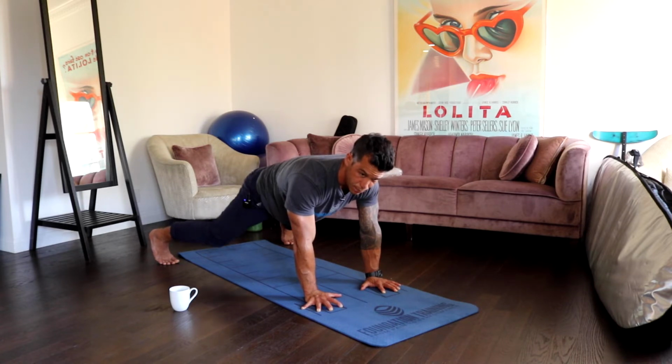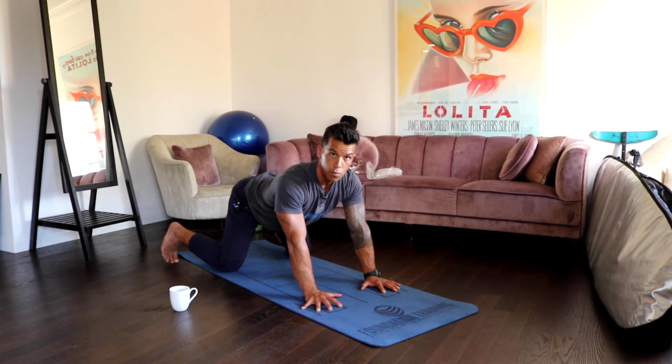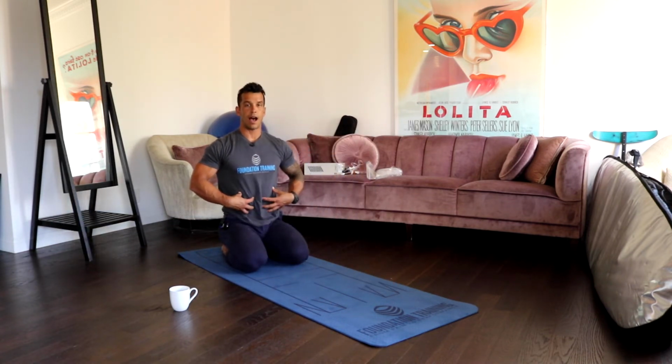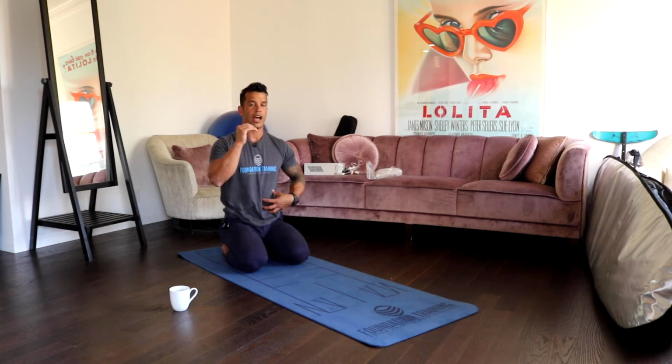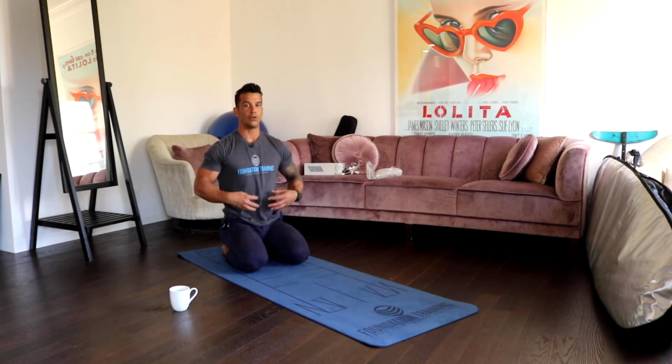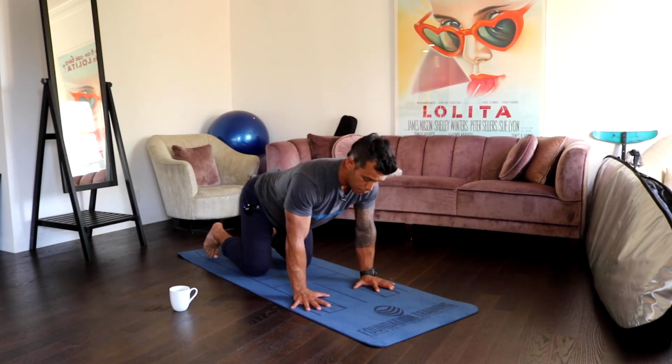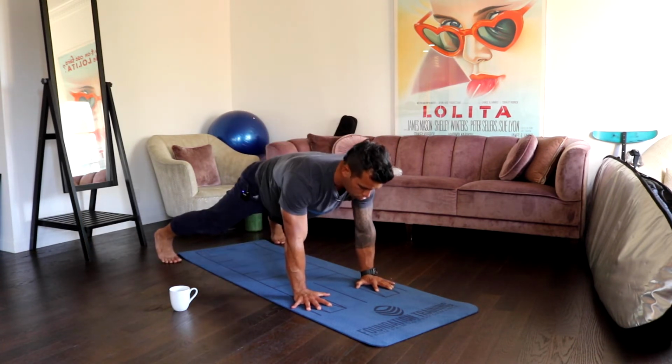If that's easy, we can grab the ground, push through the heels, and contract the abdominal, which means I lock the abdominal down. I let a little bit of air out, I cut it off, and I feel an abdominal contraction. It would look like this. It's very subtle. I grab the ground, I go into position, I pull my nose and throat, I put my breath in,